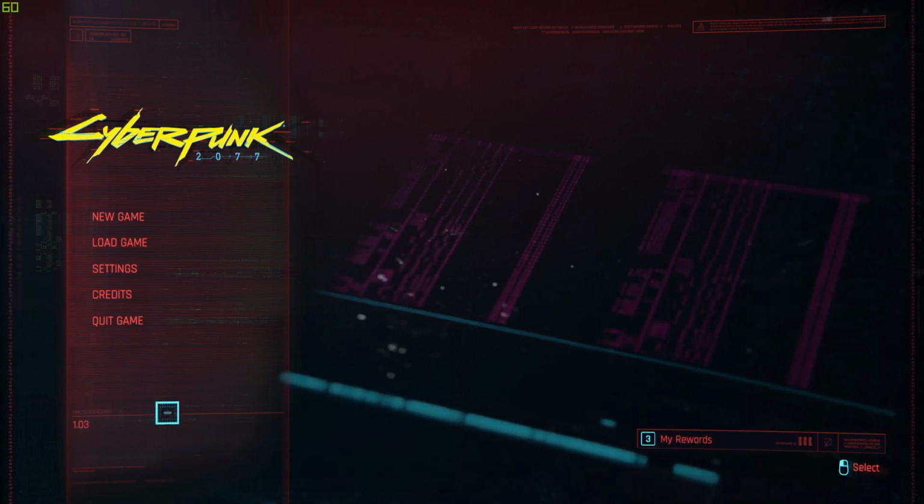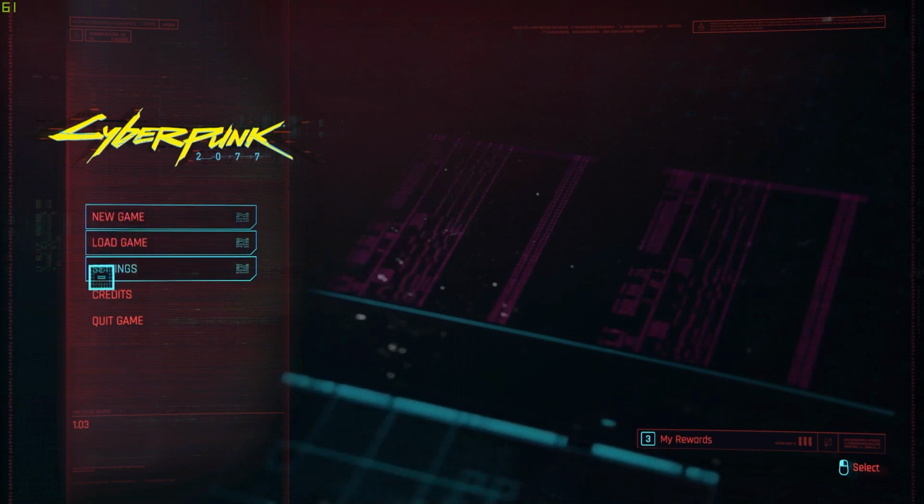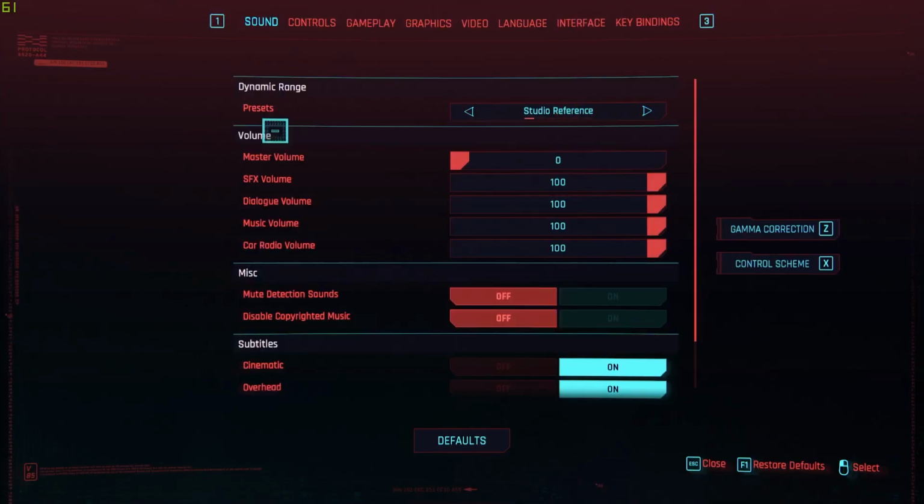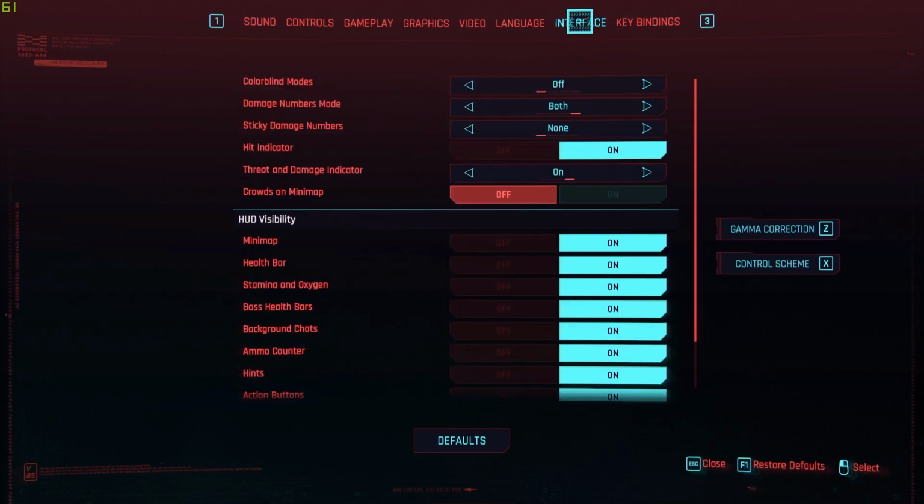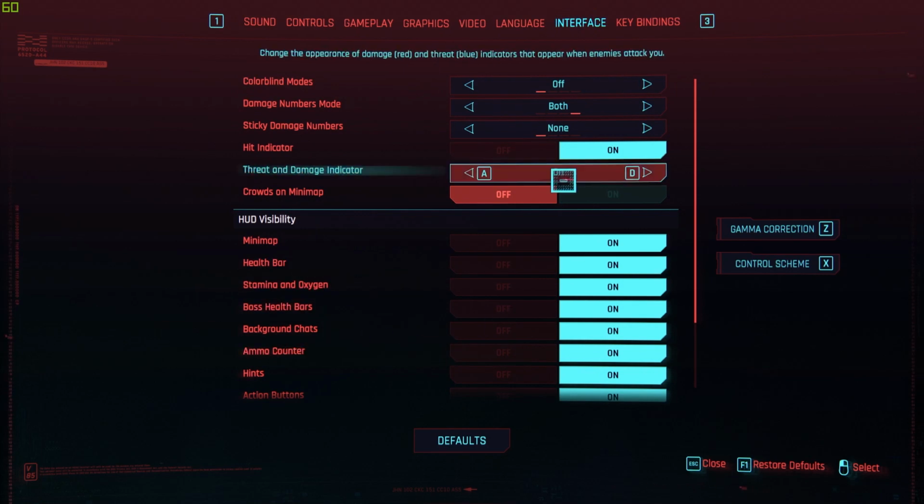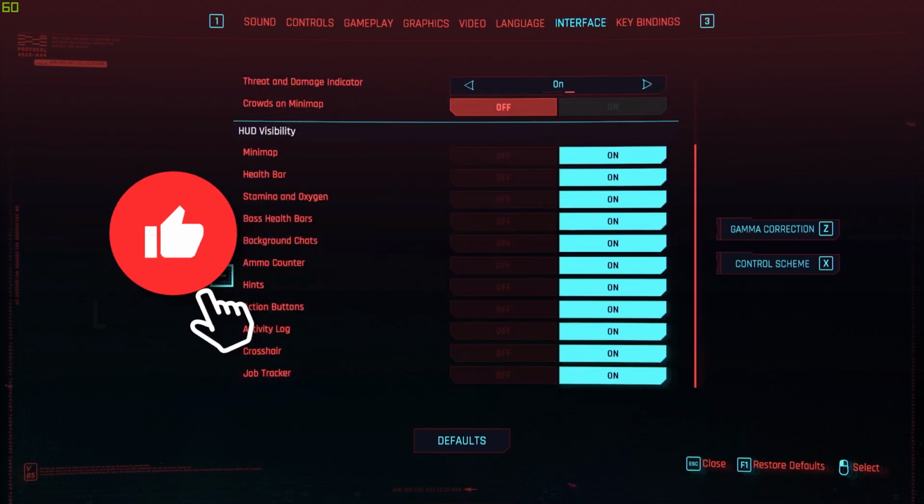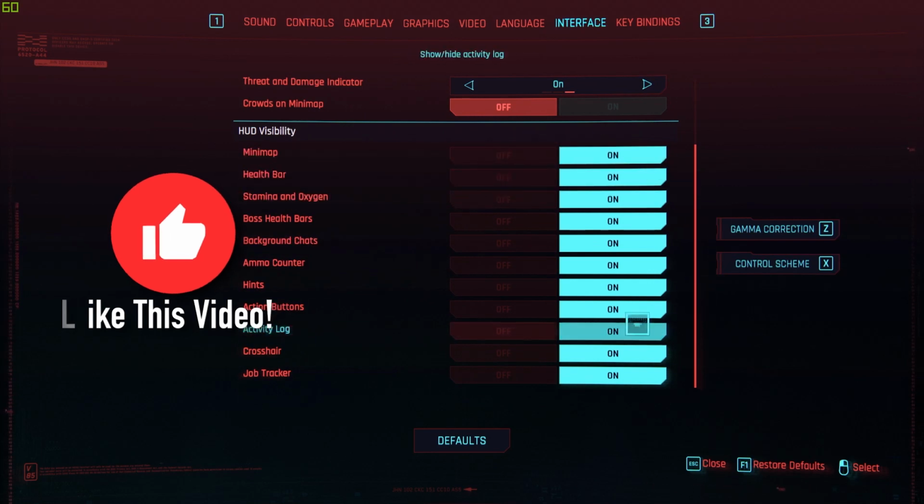So the first thing that you need to do, once you're on the main menu of Cyberpunk, is go over to the settings button and it should take you to this menu. Right here we are going to go over to the interface button on this bar and it should take us to this. Here you can see you have HUD visibility, and now you can just customize many things about your